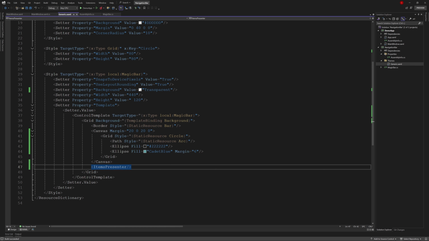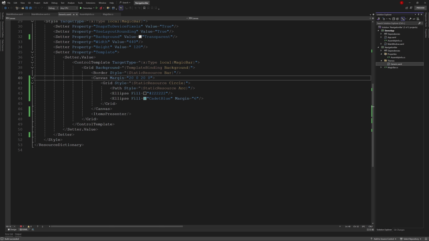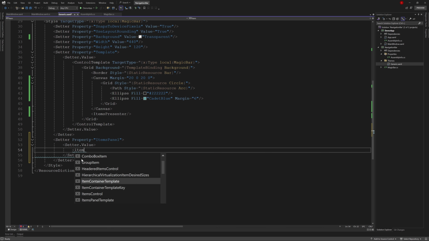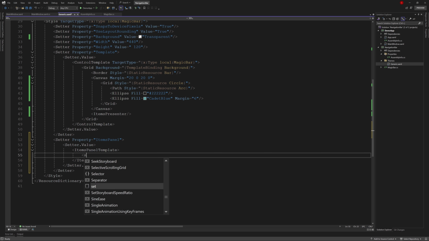So we set the items panel below. And we choose a horizontal arrangement for the stack panel.